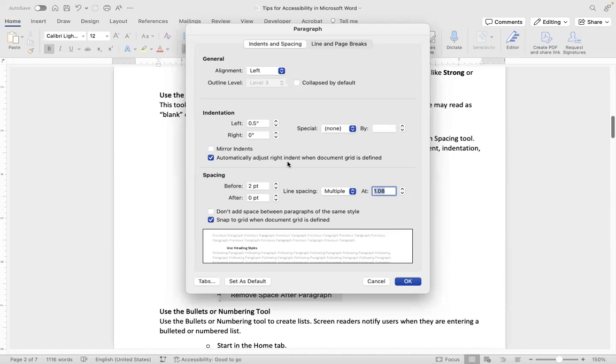And then spacing. When you go to spacing, you can indicate how many points you want before the text and after the text. This can be so helpful when you are creating a document that needs visual spacing for those to be able, with visual acuity, to take in the information. So I'm going to select OK.